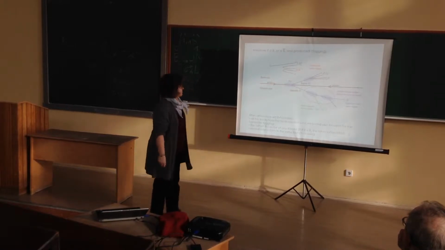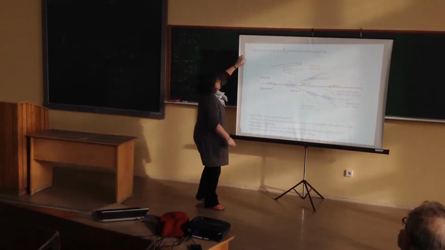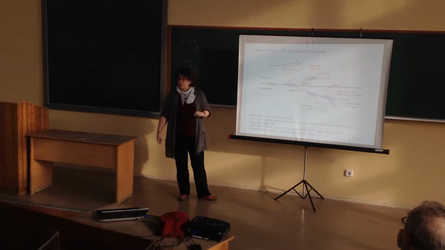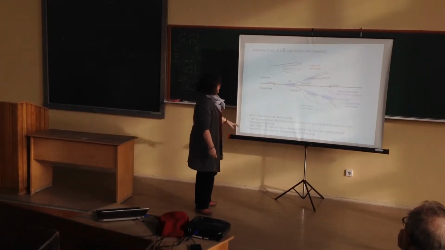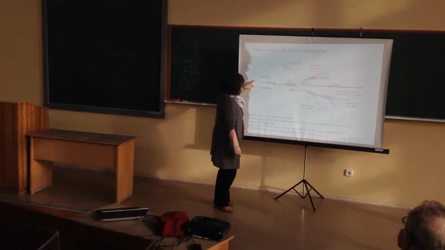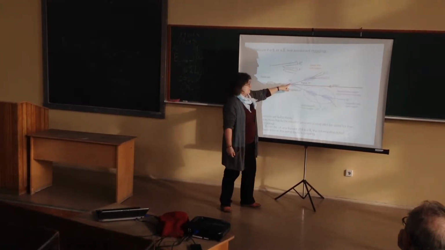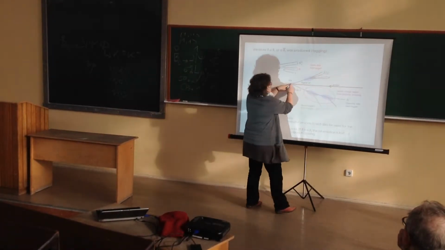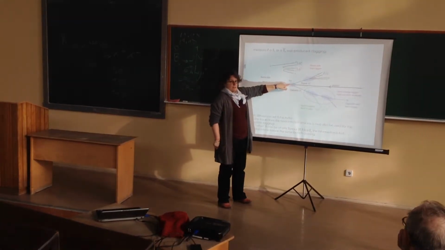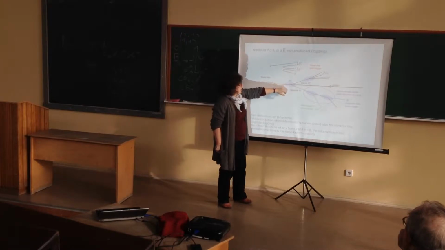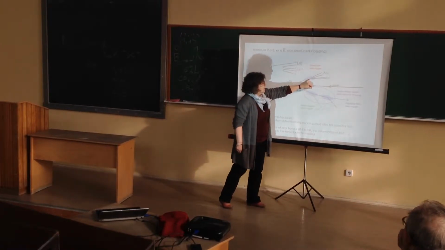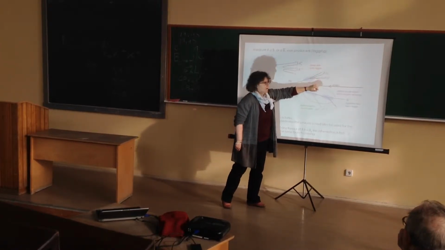How do I measure if it is a Bs or a Bs bar which was produced? This is the tagging. This is a sketch of what is going on. I have a proton. It collides with another proton. This is the LHC. It collides at the primary vertex. You remember we drew one yesterday. Then the Bs flies and decays into a J/psi and a phi. This is my signal.